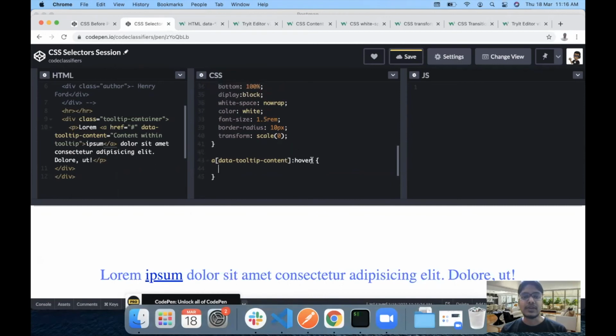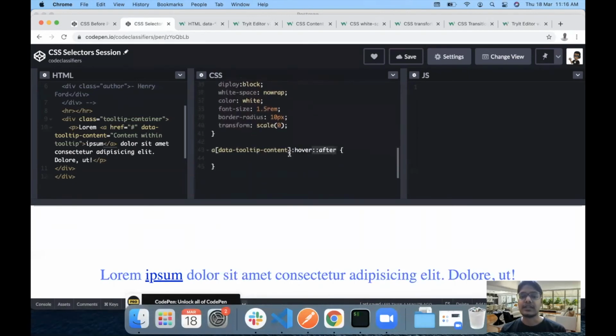In that case, I can use my second selector, which is after. What this means is, on hovering over this text, what should happen to the after selector? That is what this combined chain property is. If this is confusing, let me just repeat. This first hover property is used to set the properties when the mouse is over, and the second selector is used to make sure that some change occurs in our after element. That is why we have chained hover and after together.